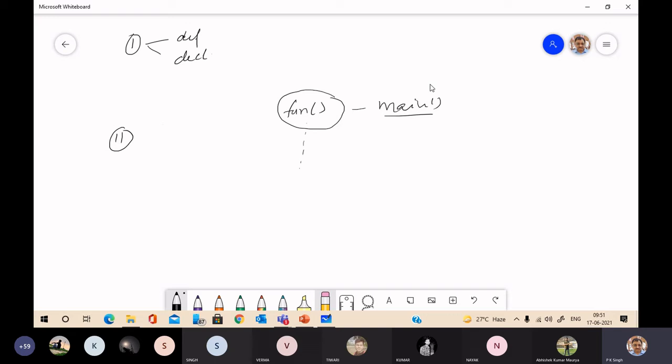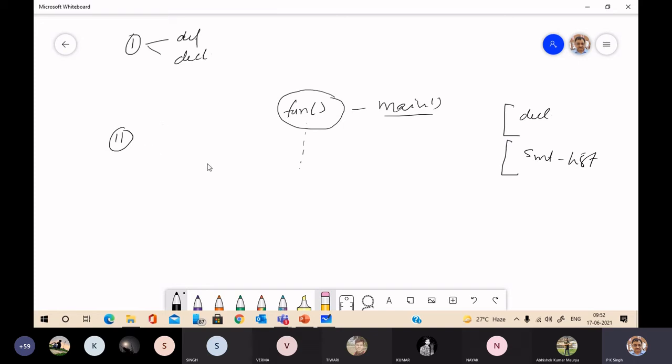Now see the skeleton of the function. Again, the skeleton of the function consists of two parts. Here declaration, and here we have a statement list. Now the skeleton of the program is clear to you.